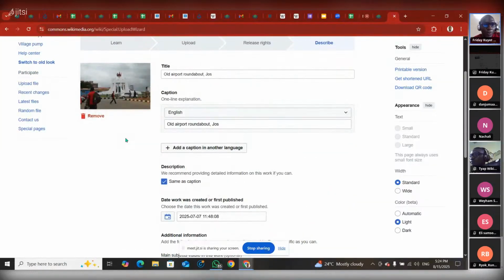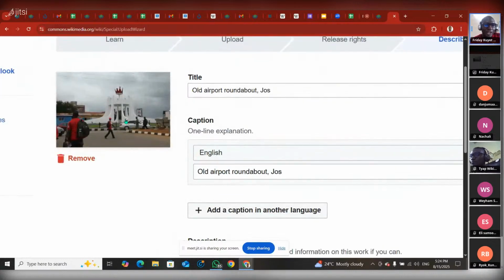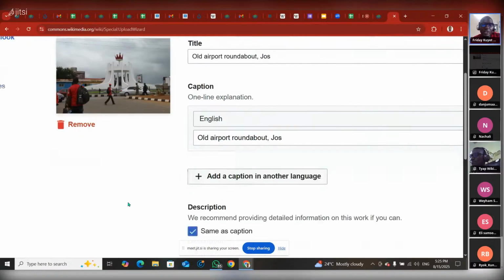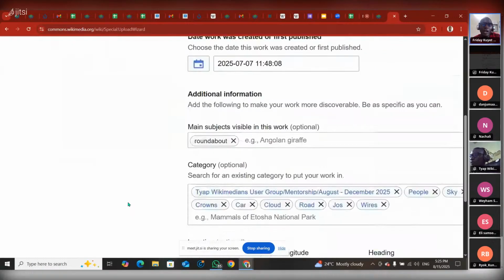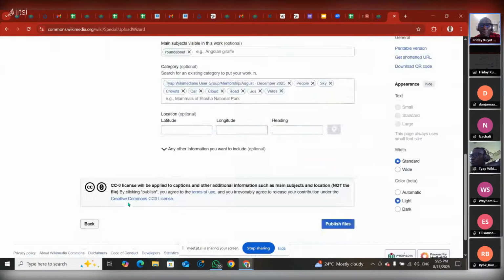So in the event where you are doing all this, you just look at the image critically. Whatsoever is in the image can also form part of the category. So just look at the image critically. So that is what it is. Now, having put all this category, the next thing you do is to publish it. So once you click on publish files,